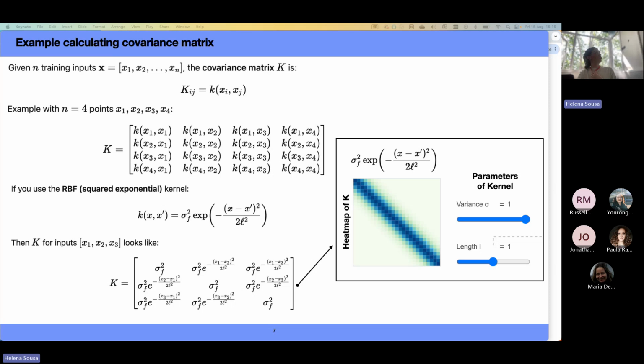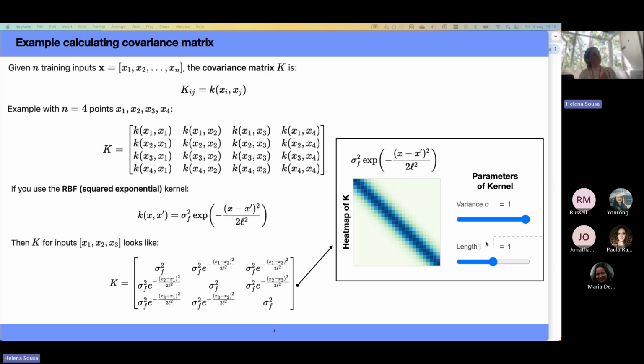If we choose the RBF kernel, like I was showing before, we end up with a matrix with this formulation. And as you can see, you have the standard deviation sigma f in the diagonal of this matrix. Here we can also see a heat map that corresponds to how the values of the matrix vary,